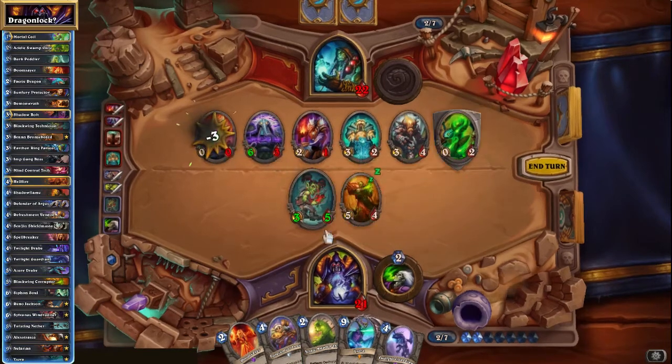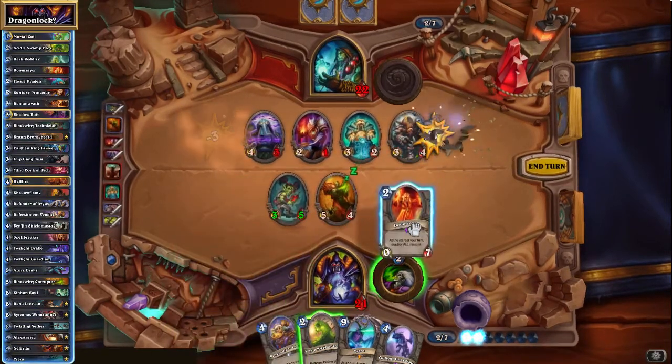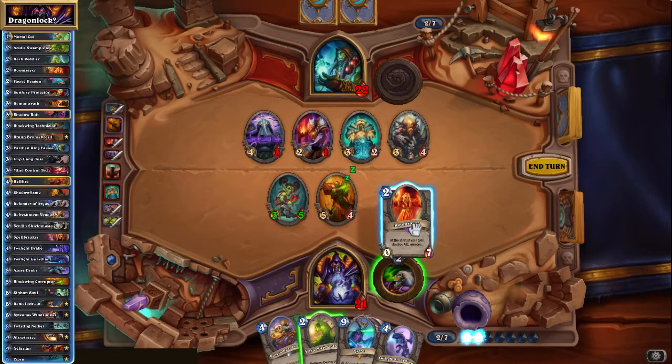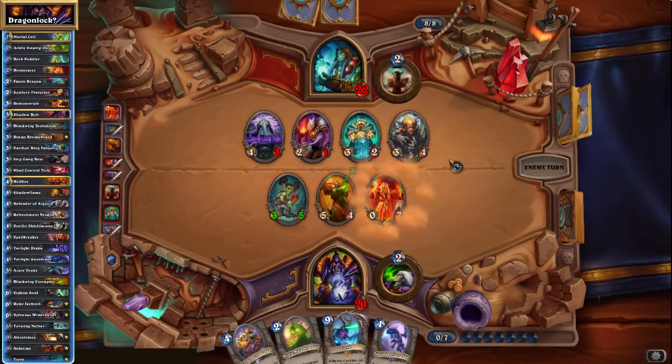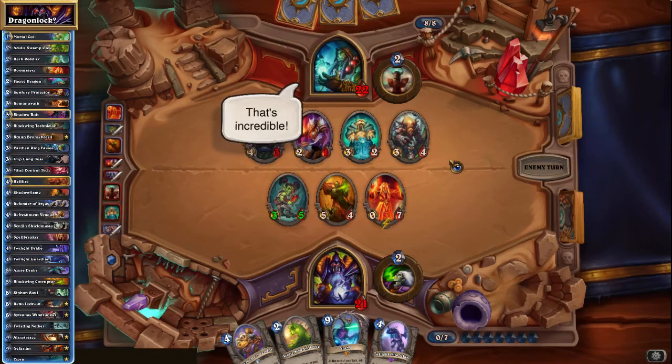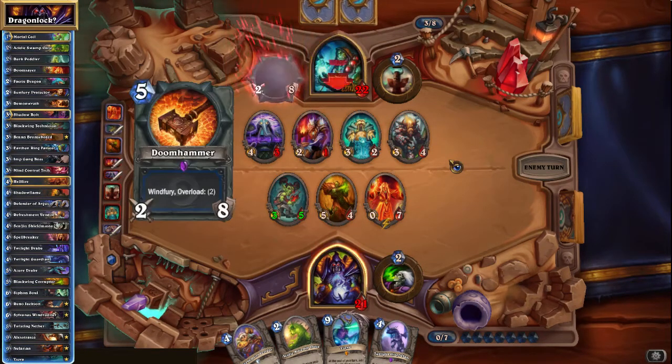So killing this, and play the Doomsayer, which kind of forces him to either leave up some minions or kill the Doomsayer, because he has 5 damage left. Yeah, so either one of my minions survives, or the board is cleared, which is pretty good, I'd say. Yeah, I like that. That's incredible. Let's see. Does he have...